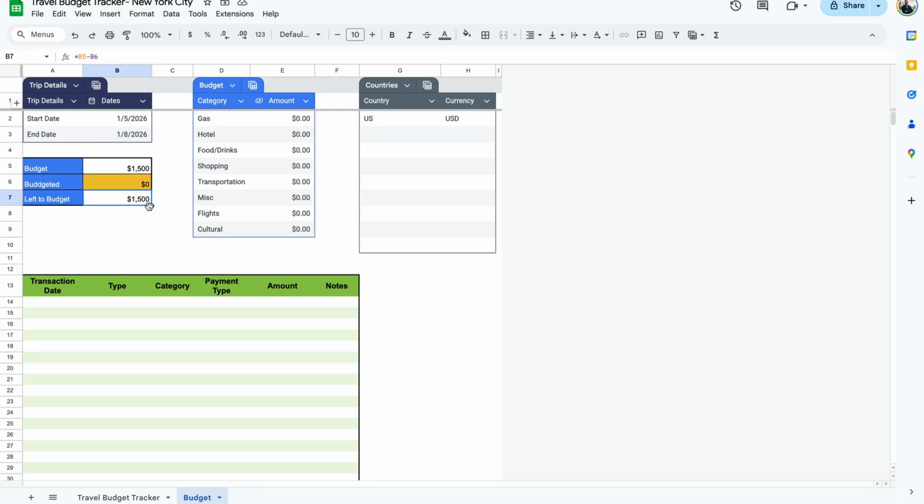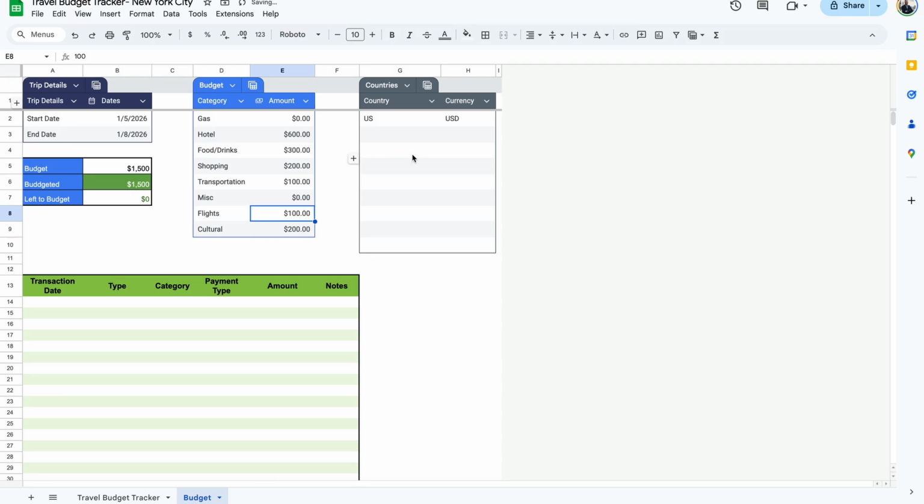And the amount left of budget will automatically update based off of how much you have left after you start filling out the categories. So let's say for hotels, we have a hotel budget of $600. Food and drinks, we have $300. Shopping, $200. Transportation, $100. Cultural, $200. And let's say instead of flights, we're actually taking the Amtrak train, and we'll put $100 right there. So this is our budget for that timeline. So you can see now that we have $0 left to budget, it's this green color. If you go over budget, then it will turn red, just flagging that this is over budget,